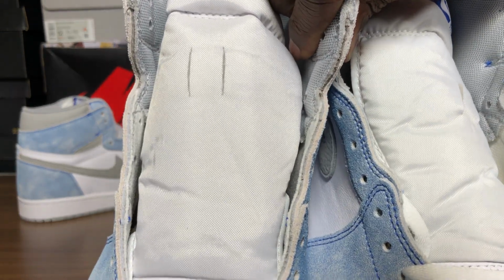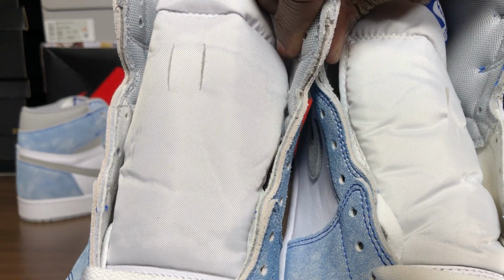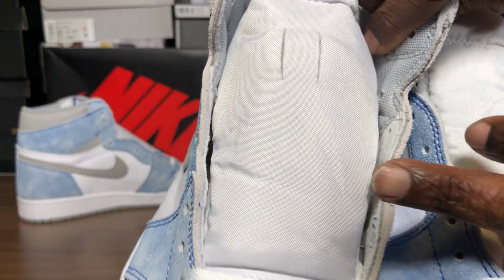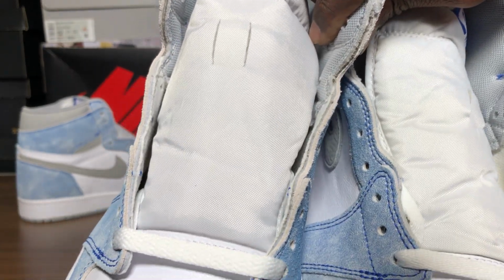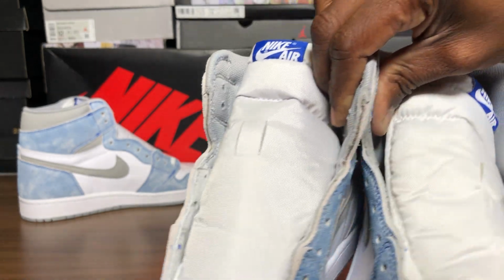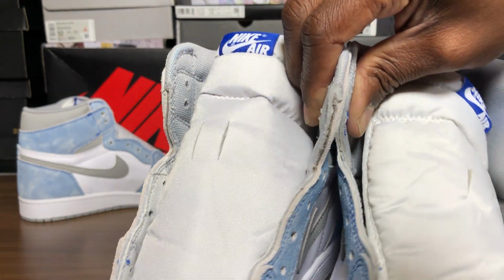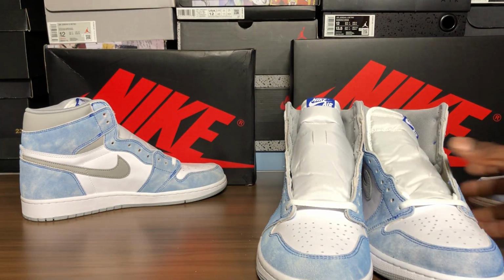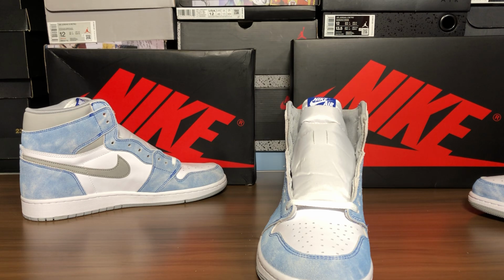Let's take a look at this exposed material here. I think it's just cut better on the retail pair. This just looks a little rougher around here. You see how it's just a little jumbled up, a little messy around here. Can't say much. Like I said, it's nitpicking, but that's what I have to do when it's a real fake